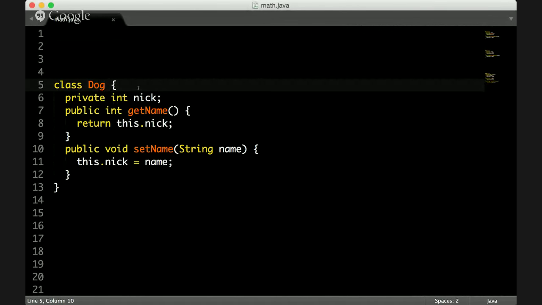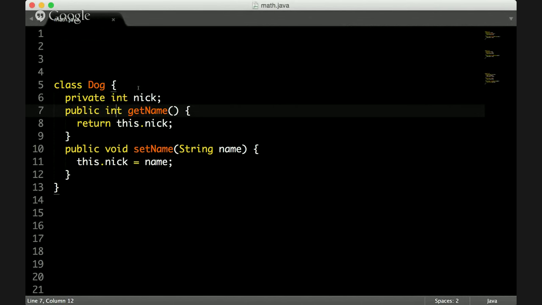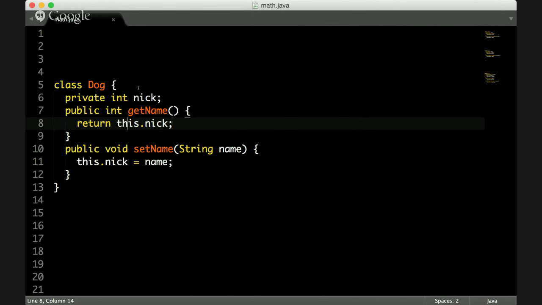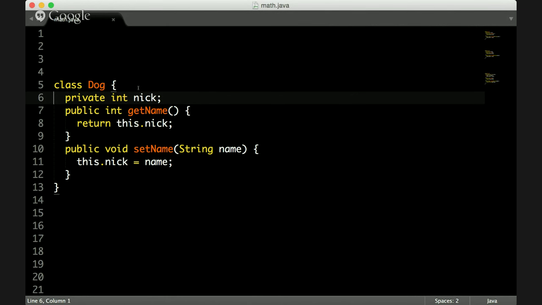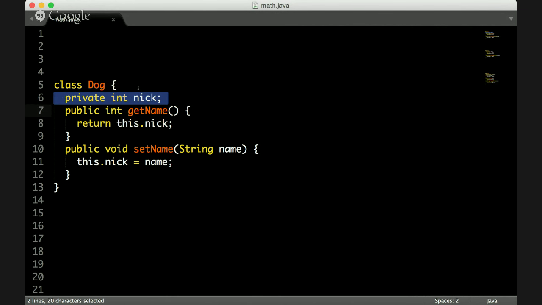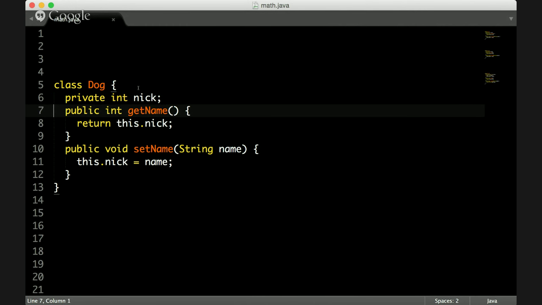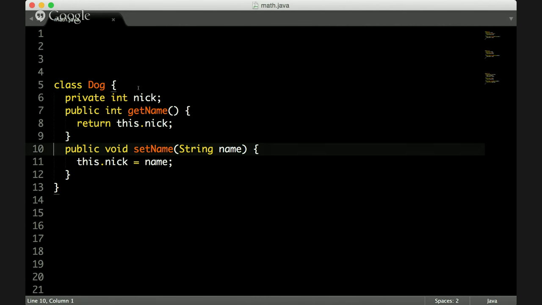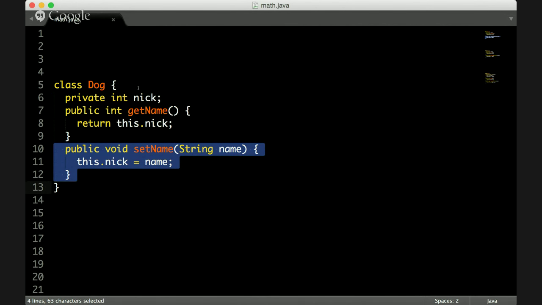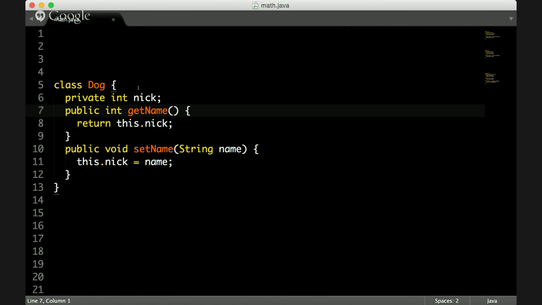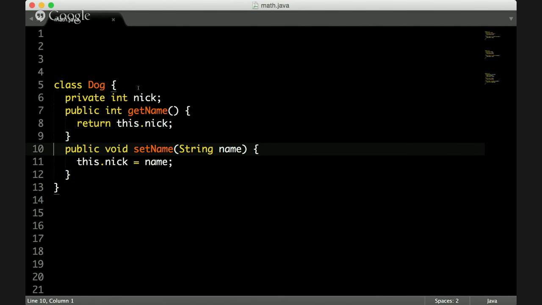This dog has a nickname, and we can get the nickname, and we can set the nickname. As you see, there is a private property inside the class, and there are two methods. The first one is called a getter, and the second one is called a setter. By the getter, we can get the name of this dog, and by the setter, we can set the name of this dog. It is very typical.